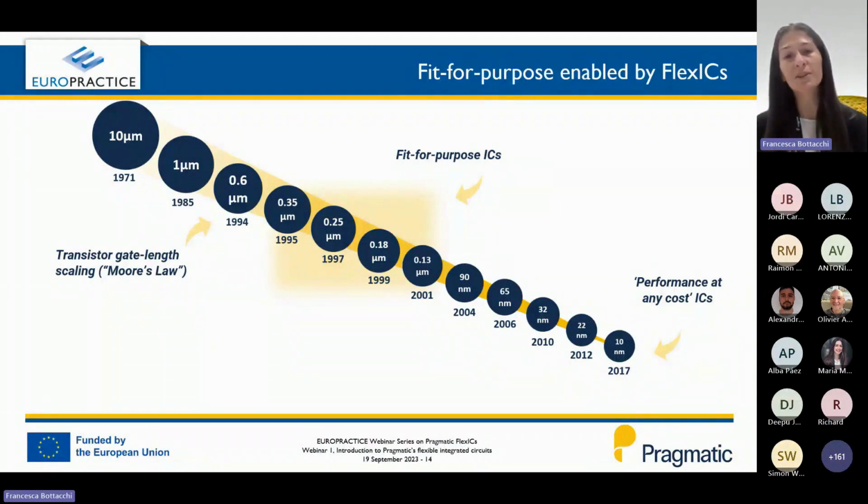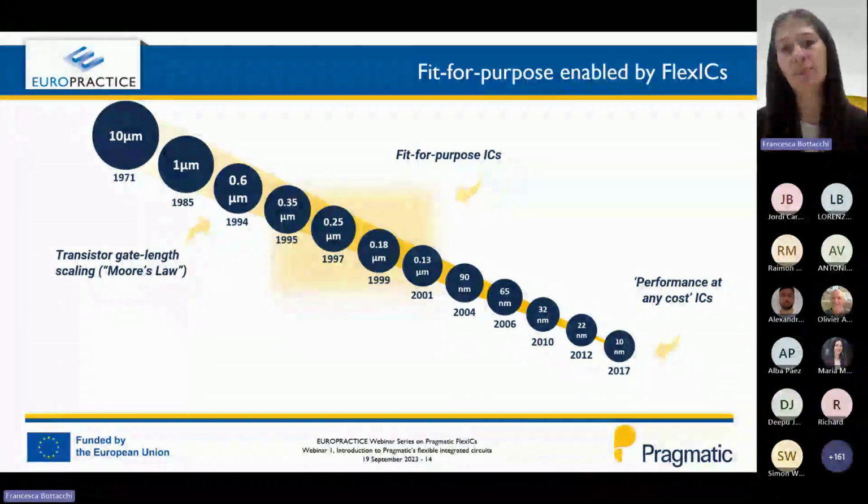All recent investment is usually made in the most advanced tech node, where you want to get performance at any cost. And there's no room for a fit-for-purpose IC, where the performance requirements are not that high, but there are still so many applications that you can enable with